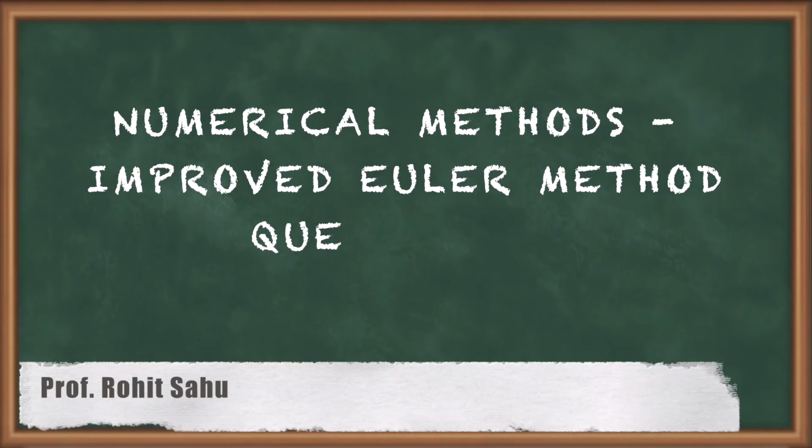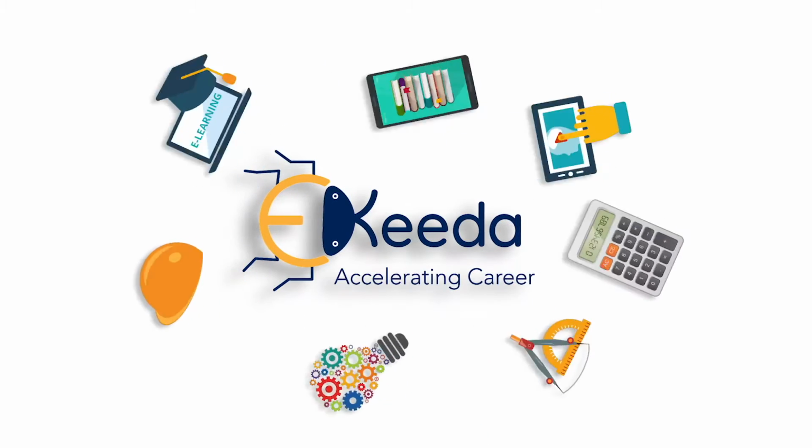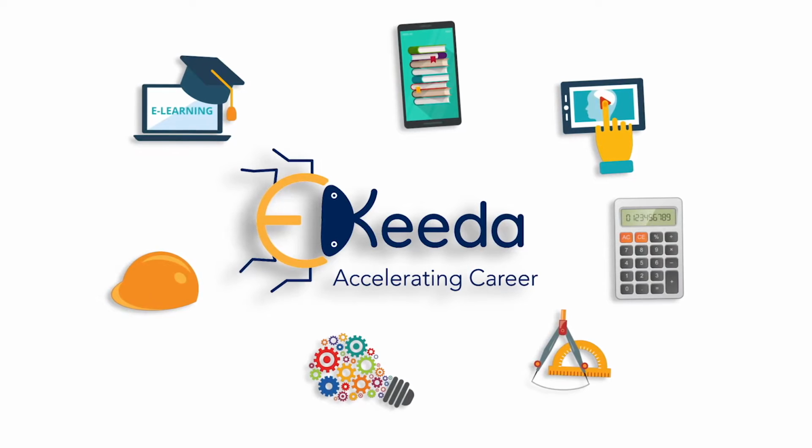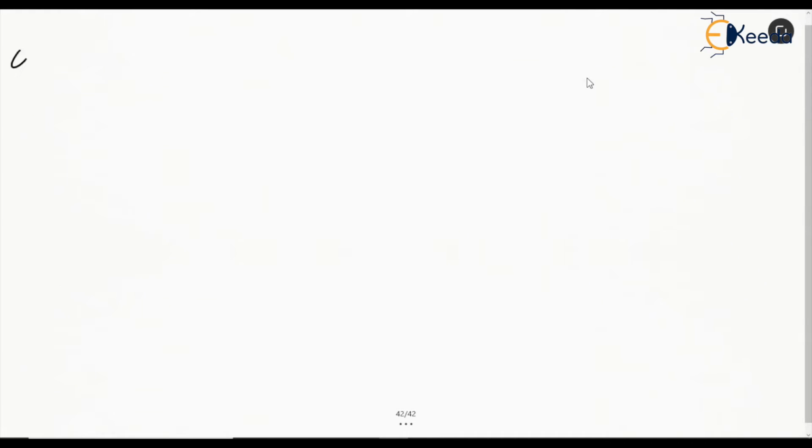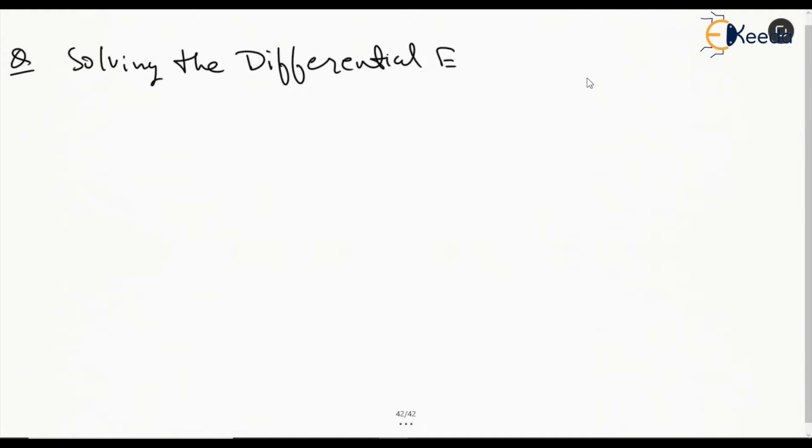Hello everyone. In this session, we'll see another question on improved Euler method coming under numeric solutions of differential equations. So it says, solving the differential equation y dash is equal to y with y0 equal to 1